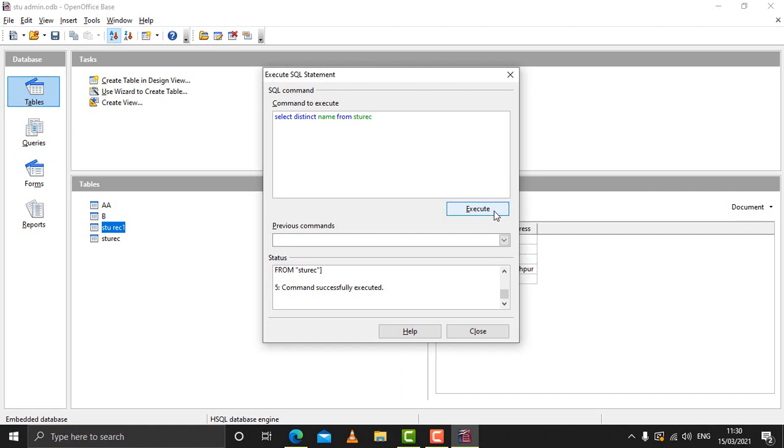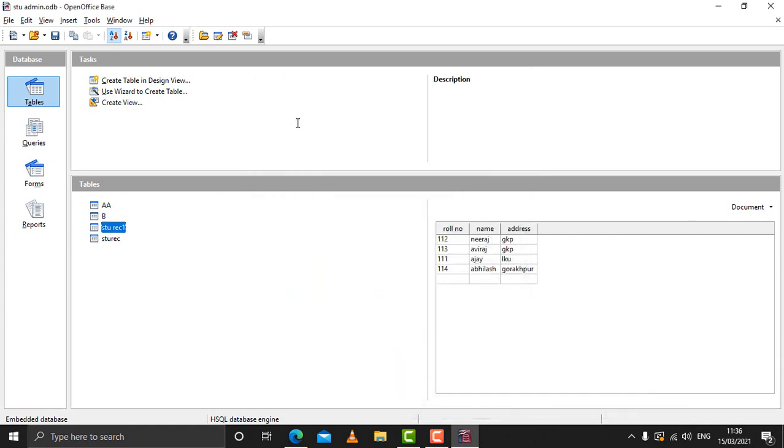So this is the name table. I'll write select distinct name from STUREC, and then click on execute. It says command successfully executed. That means this command has done its work. So now only the names which are unique will be displayed along with their record.